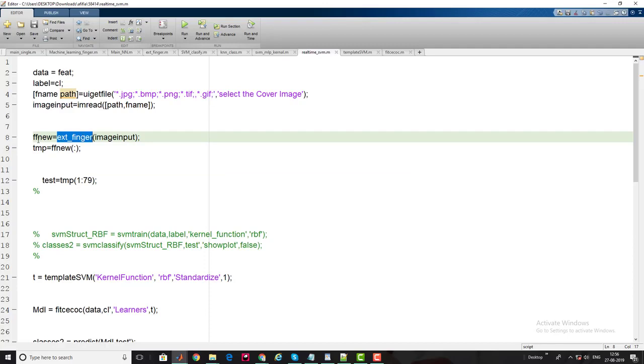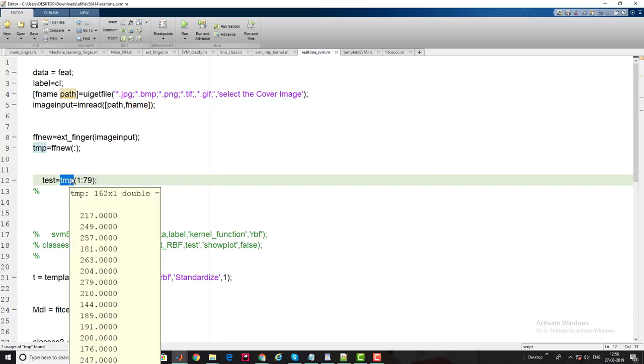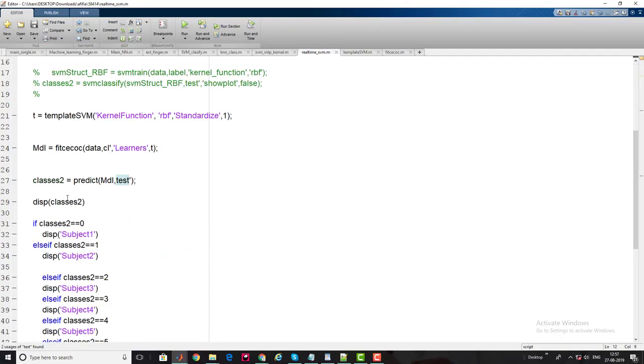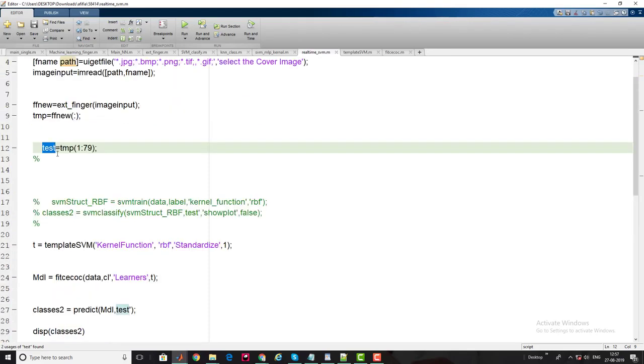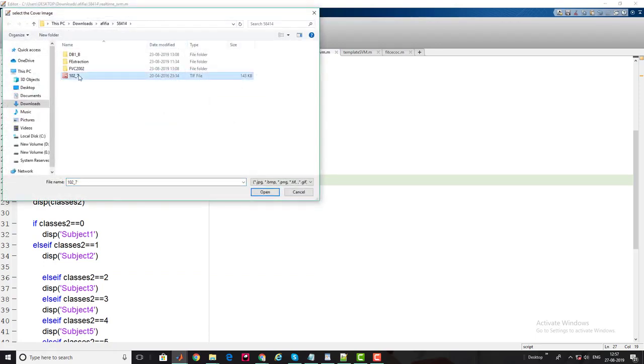The extracted features are fed into a temp variable, and from the temp variable I use the 79 most dominant features. These 79 most dominant features are fed into the pre-trained model MDL, and the predict function predicts the class to which it belongs. I'm going to use this for the first time, and then I'll choose another subject for you.